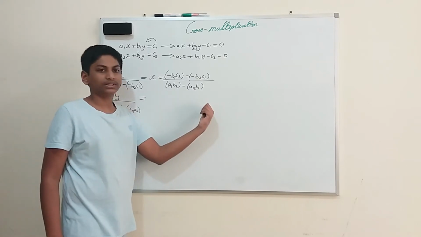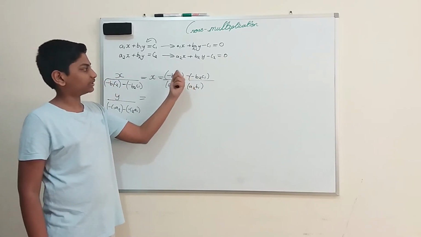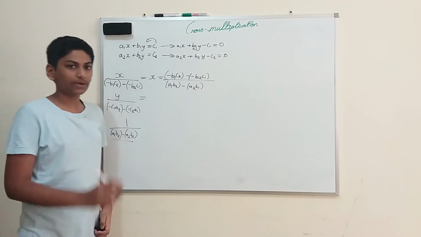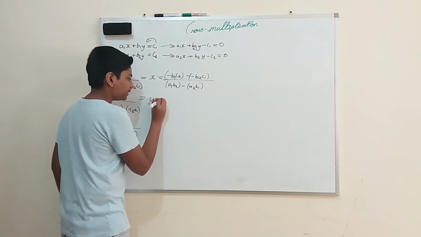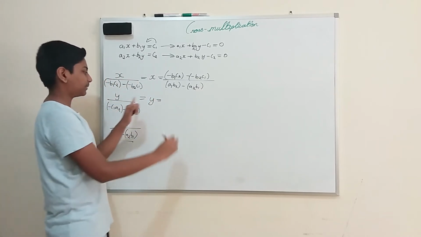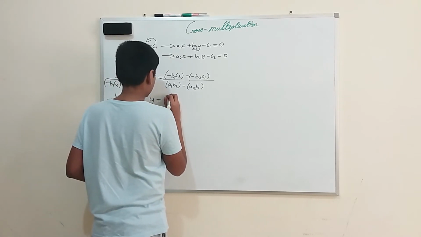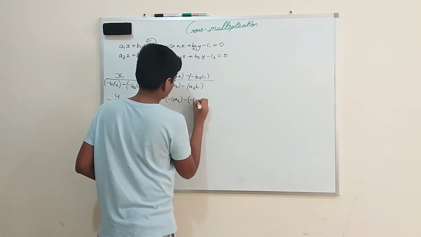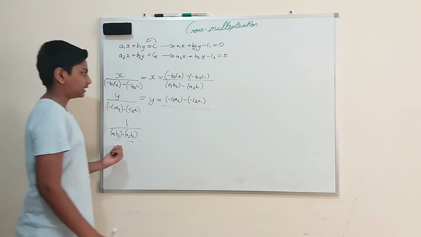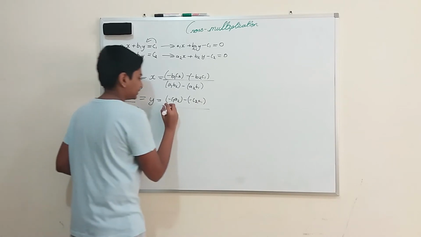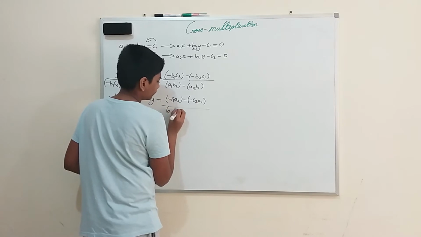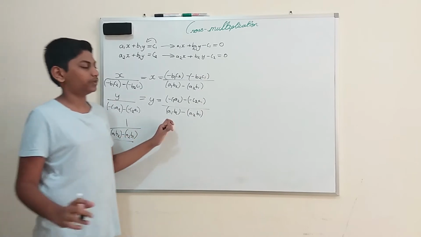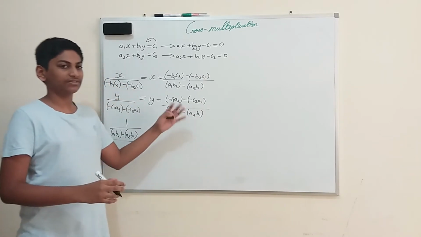Now we cannot move further because we have come to the end, because everything is variables, so we cannot cancel or subtract them. So now I'll stop over there. Now the value of y will be equal to, here the denominator of y will become the numerator. The denominator of y is minus C1 A2 minus C2 A1, divided by the denominator of 1, which will be A1 B2 minus A2 B1. Okay, this is the thing. Now we will stop here because we cannot move further, because everything is variables.